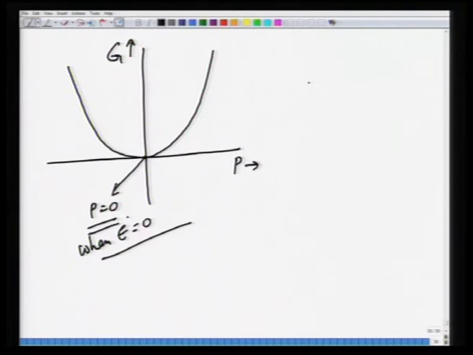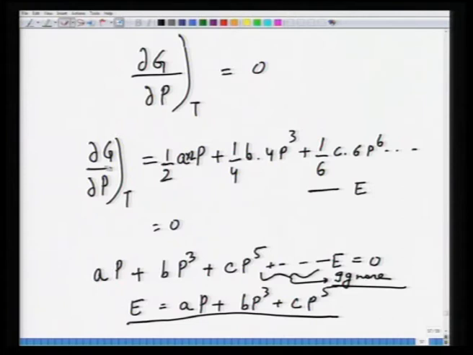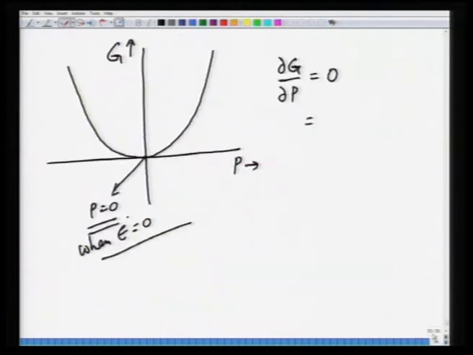Now, if we ignore the higher power terms, so now del G by del P was equal to 0, and this was given as P multiplied by A P. Excuse me, let's just go back and see what it was. So del G by del P was AP and so on and so forth minus E equal to 0. So AP plus BP cube, and so on and so forth, minus E was equal to 0. So if you ignore these